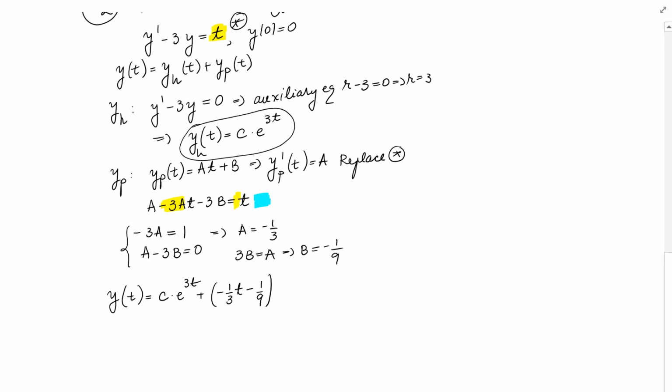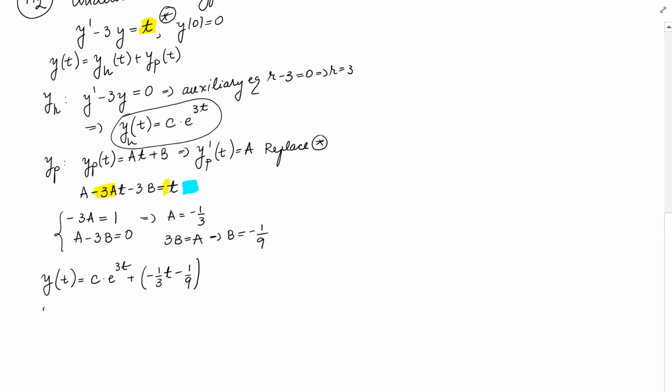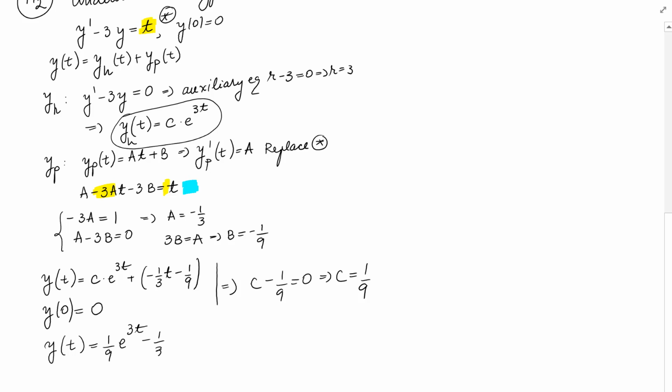So in order for us to find c, we use the initial condition y of 0 equals 0, which means c minus 1 over 9 equals 0, c equals 1 over 9. So y of t is equal to 1 over 9 e to 3t minus 1 over 3 t minus 1 over 9. So we got this solution